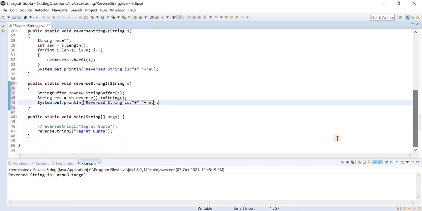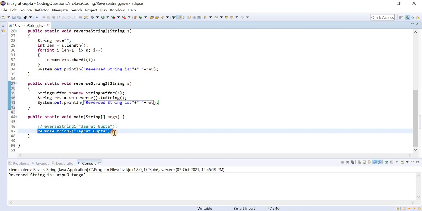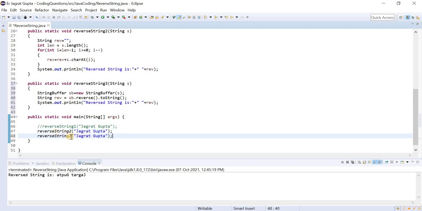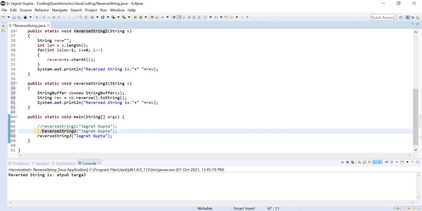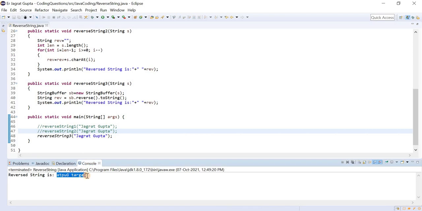This is the method for string buffer. Now let me run this program, the reverseString3 method that we called. You can see we achieved our expected output.